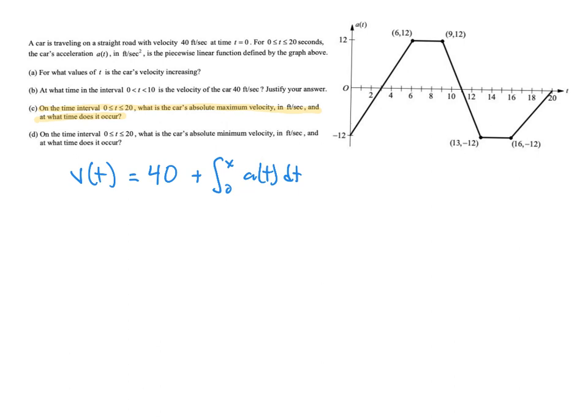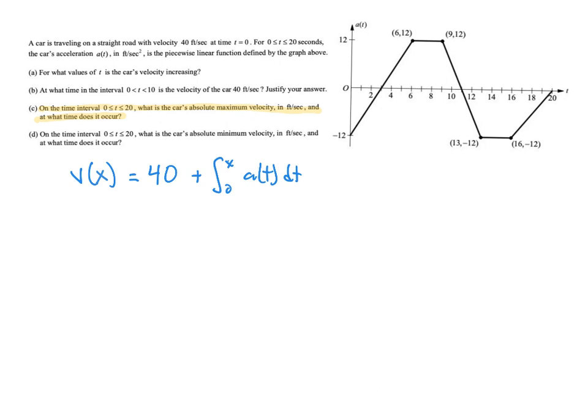I guess I should call this v of x. I probably didn't do that on the last slide. Forgive me for that. Either that or I could call it v of t and change my variable to an x in the definite integral. Anyway,